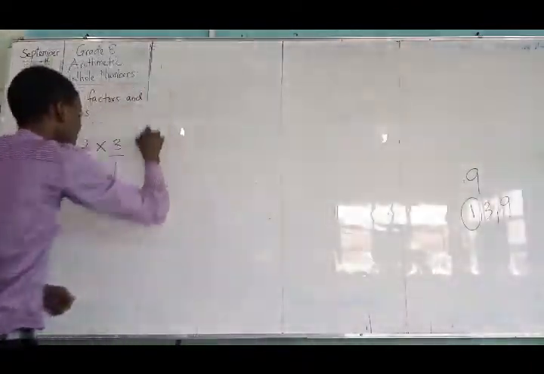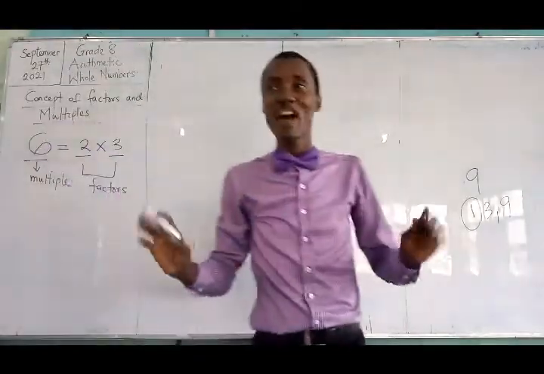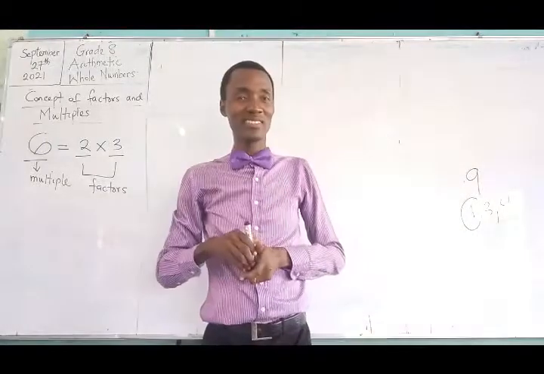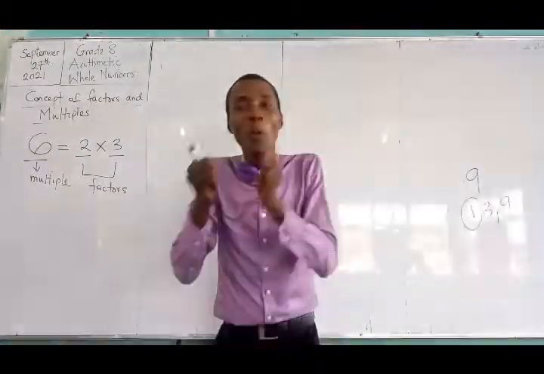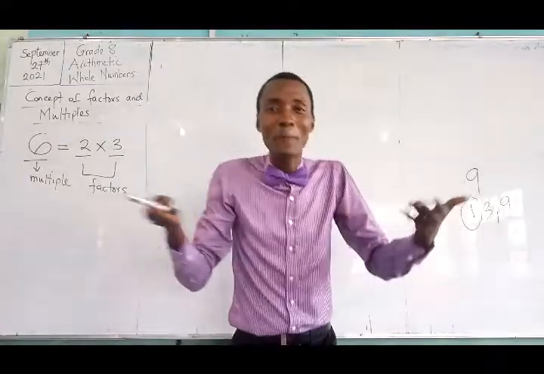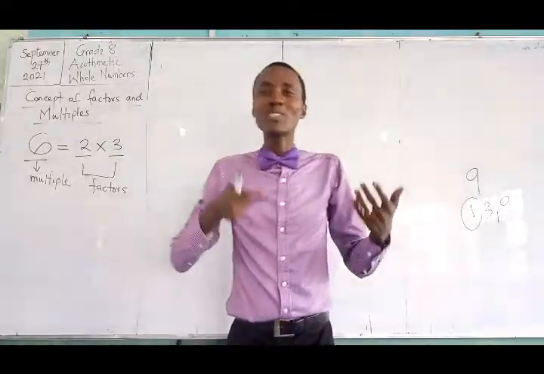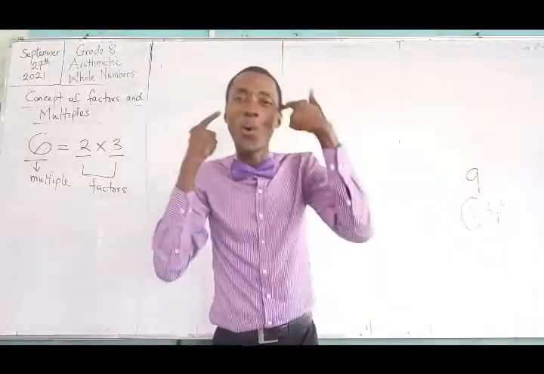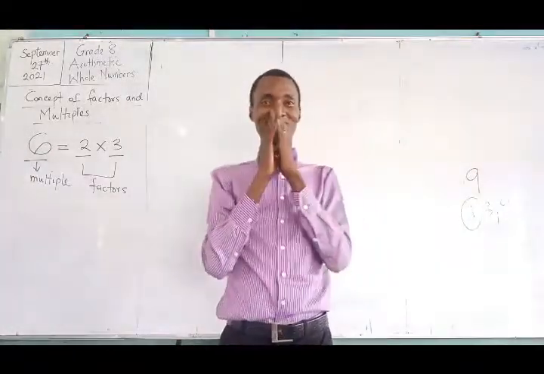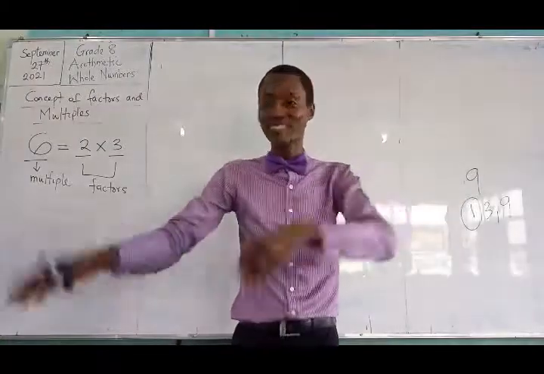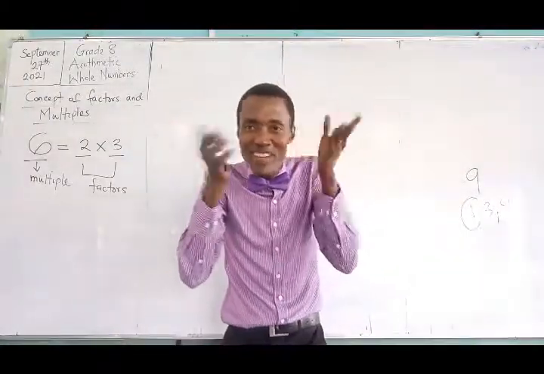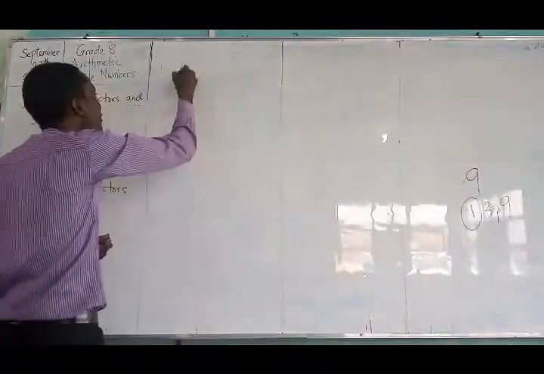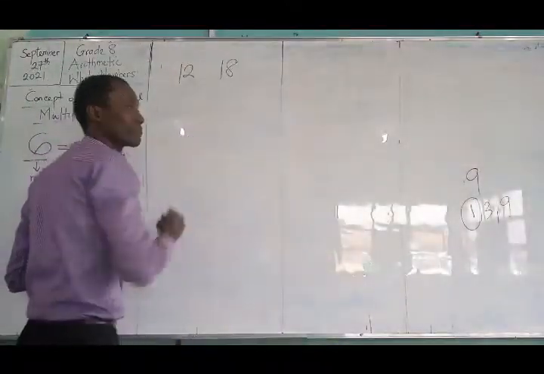Alright, so we are done with multiples and factors. Now, when we have numbers and we want to compare them, we will start hearing things like common multiples or common factors. See, I'm not following your normal textbook approach now. I'm trying to keep it very, very simple. Now let's take an example again. I give you 12 and I give you 18.